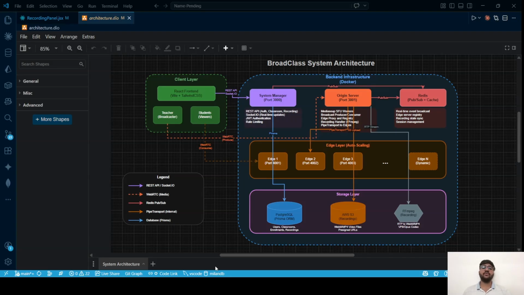Before that, we are using an SFU, a selective forwarding unit, instead of an MCU because it has some pros, like processing. SFU simply forwards packets instead of processing them, and it's also better in performance, scalability, and cost. So we are using SFU, and to implement SFU in the Node environment we are using the mediasoup library,